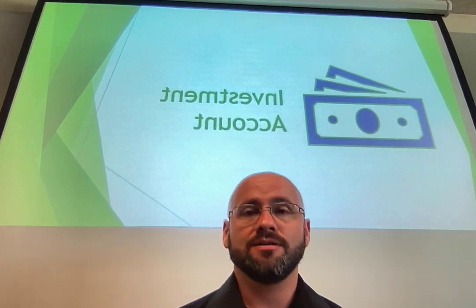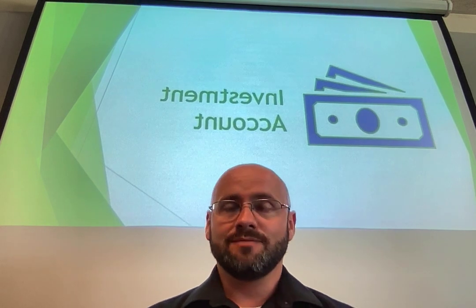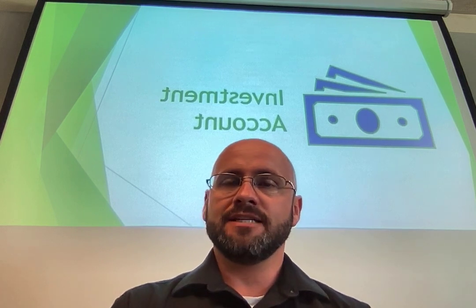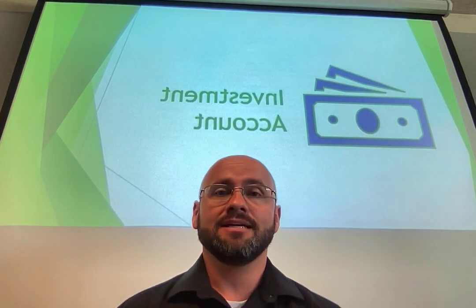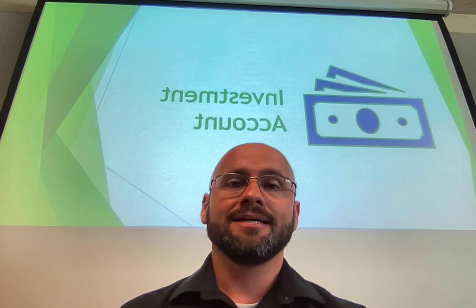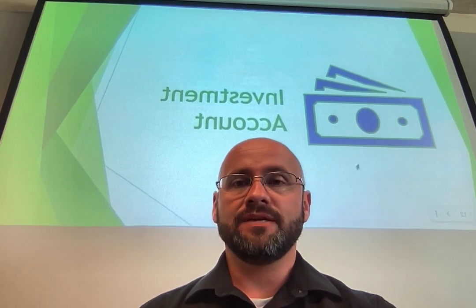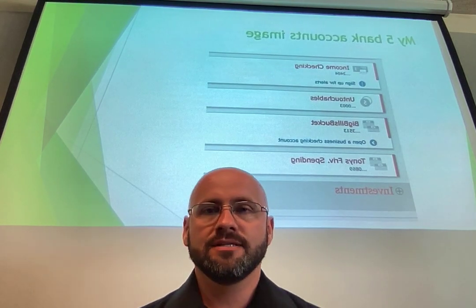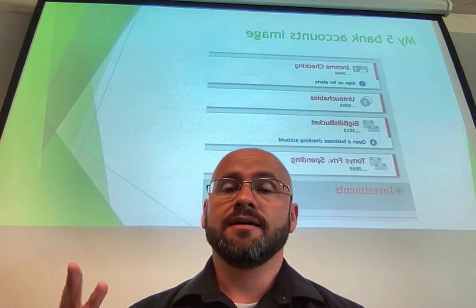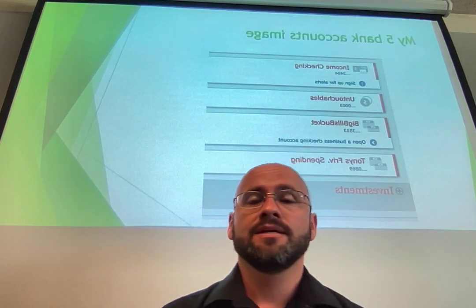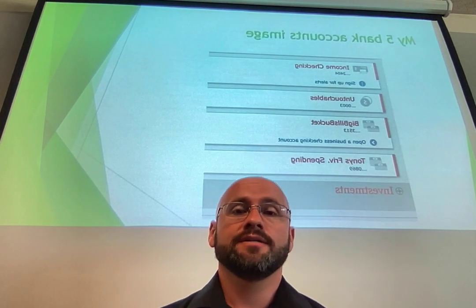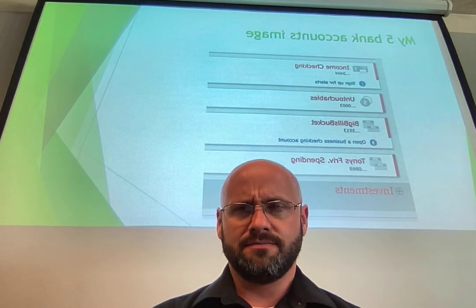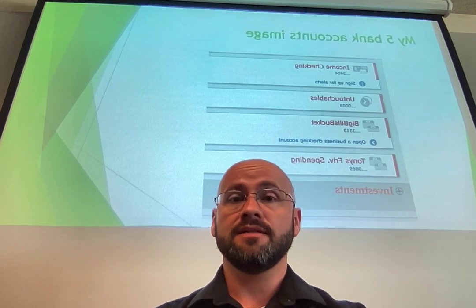It also helps in a relationship to have your investment account. Money you know you will invest. You plan to see a return on that investment, but you're also able to take some risks in case you don't see some of that money come back. It's not your stable money that you need to live on. Here's a quick snapshot of my 5 bank accounts that you can see. I have the income account. I have what I call untouchables. That's the save to keep. Big bills bucket is our save to spend. The frivolous spending account is a save to spend. I don't see the save to give, but it's there. And then the investment account.